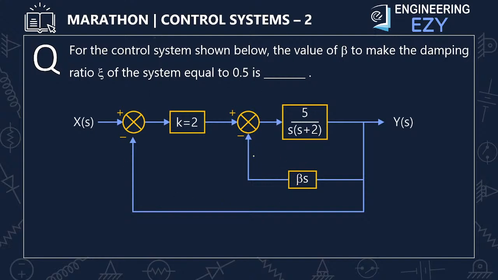So it is an easy question. First of all, reduce the block diagram and make the characteristic equation. And after making the characteristic equation, zeta is calculated in terms of beta, and put zeta as 0.5 and you can calculate beta. So the procedure is